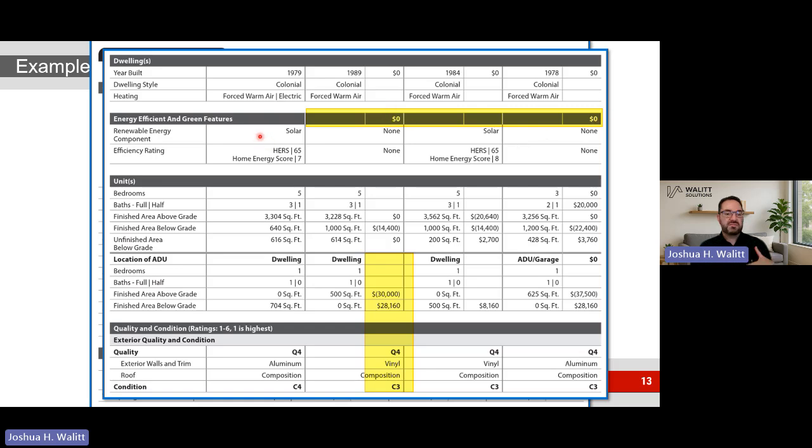And the same idea, this isn't changing appraisal practice or how we fill out grids. If it's different, a zero adjustment means you looked at the difference, but you believe there's no marketability or value difference. If it's the same, you'd leave it blank. So it's the same kind of thing. Now, here, technically, we could say, well, actually, the home energy score is different. So maybe it still makes sense to put the 0 there. Right? But again, these are mock-ups. We're showing the layout and things like that.